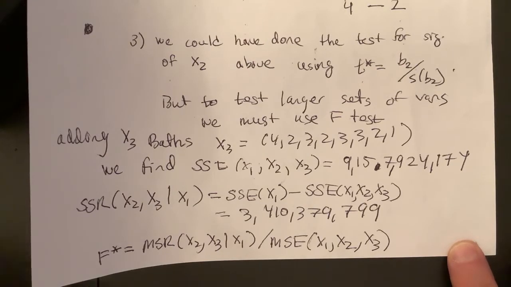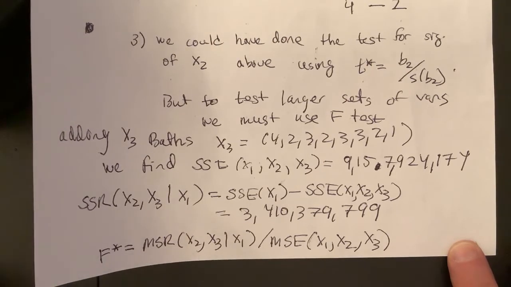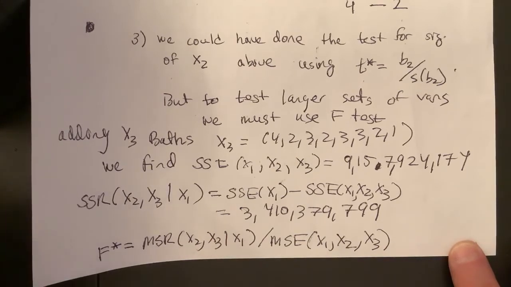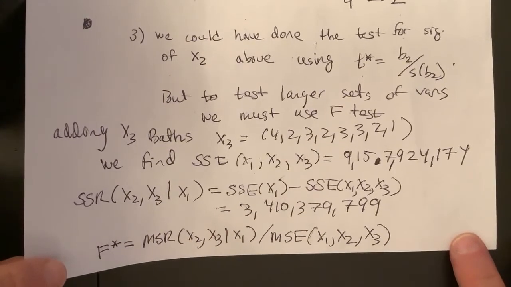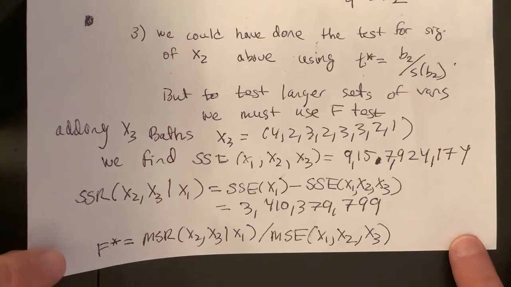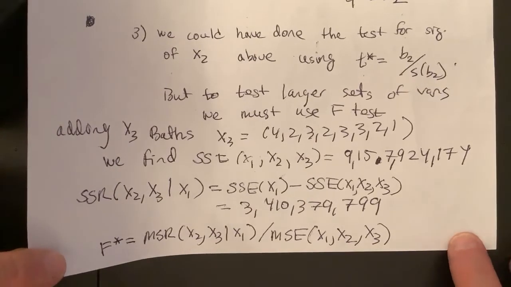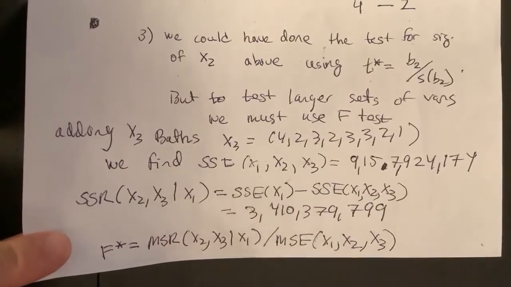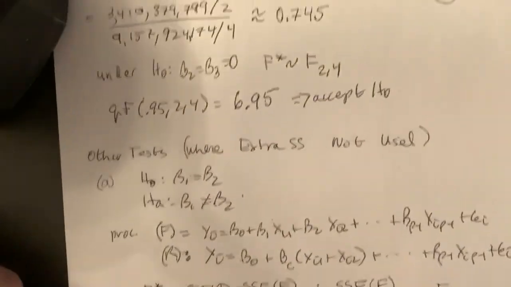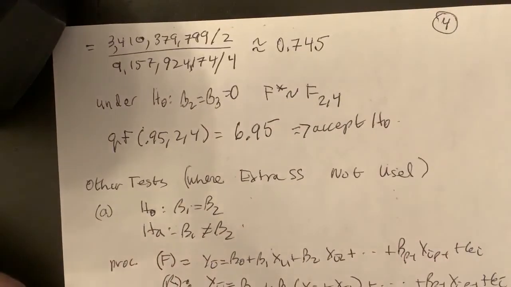Even together, they're not significant. Or it's going to say, well, yeah, they are significant together. And then you could consider isolating whether they both are or one is. So if I do this, I get that number, and then again, I compute F star, MSR of the extra sum of squares over MSE of the full model. I did that here, and I get,